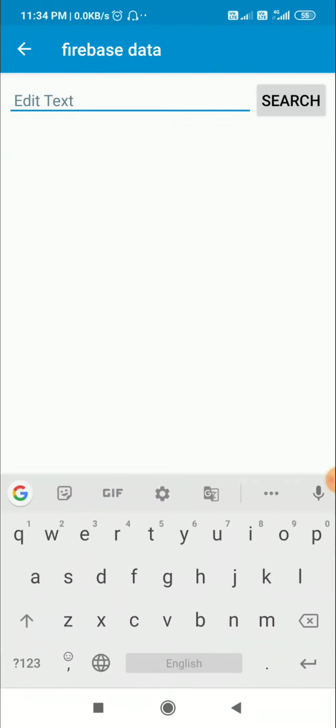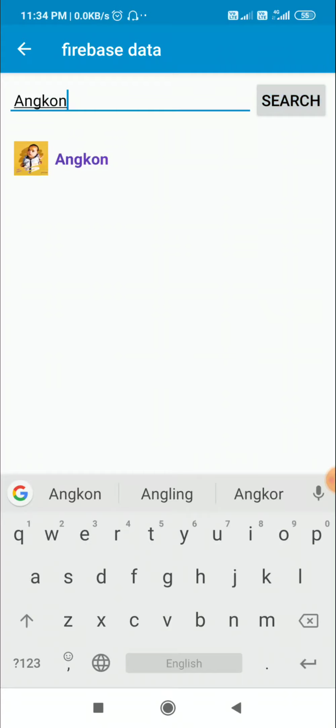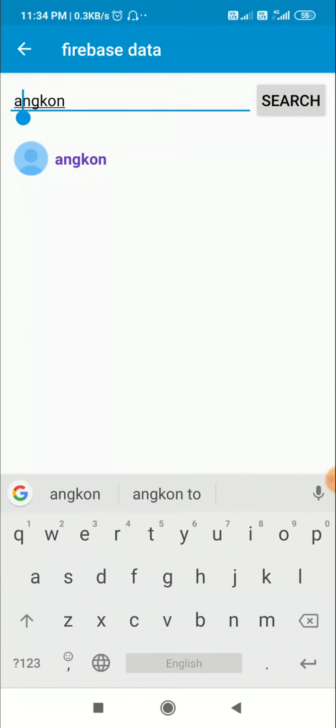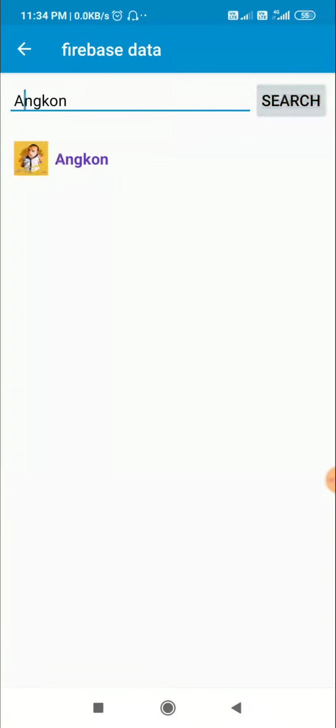We have to be careful with uppercase and lowercase. If I use a lowercase here in Ancon, then it will not give the result. Okay, there is another person with the name Ancon, and there is a person with the name Ancon also. There are two such profiles.